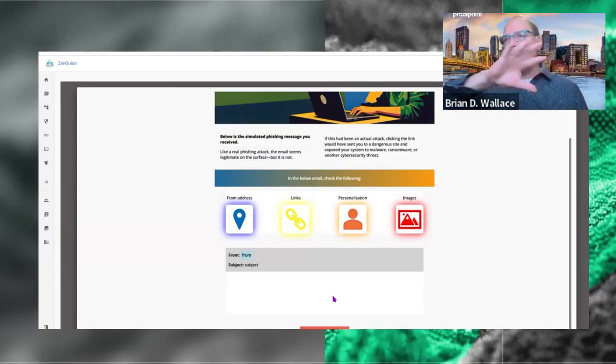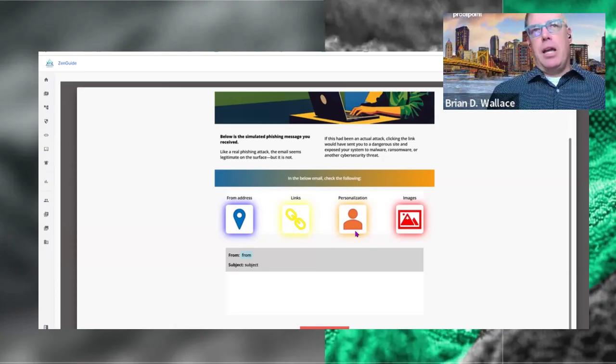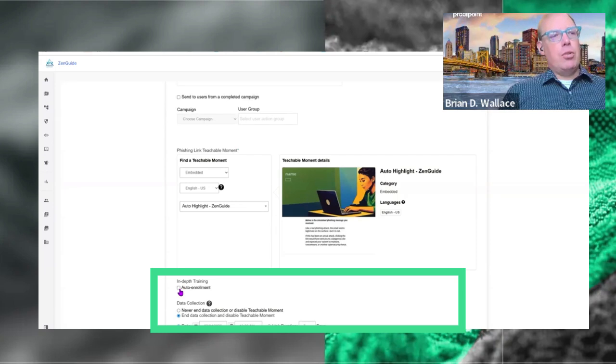And then it's going to do a nice overlay of the fish hooks that were wrong with that specific template. So in every aspect, it is truly a teachable moment. Now, with that being said, I do still encourage you to leverage auto enrollment.